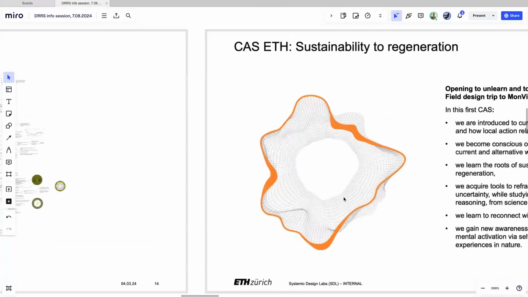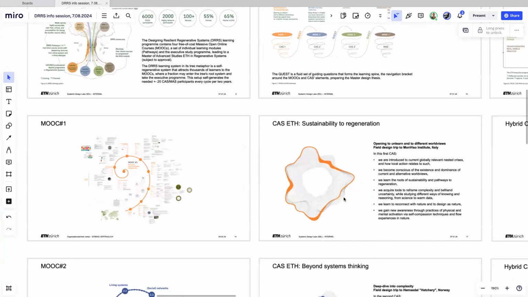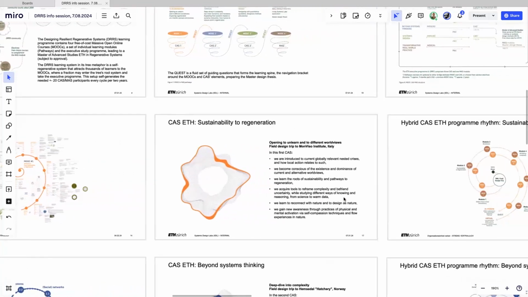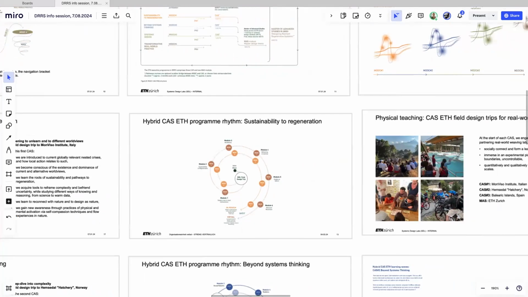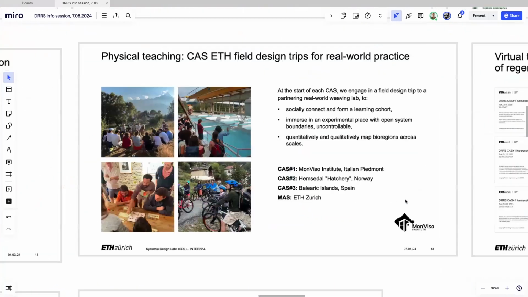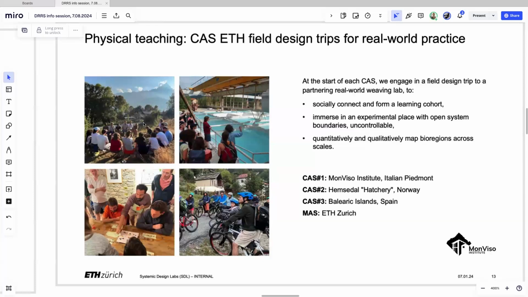You see here the wobbly, moving complex system, which is continuously changing shape, and we study and experience how to be part of it. Different rhythms, we go back to this a bit later. And the first field trip here to the Piedmont, you can see some examples from circle-based discussions to development of methods in the real world.